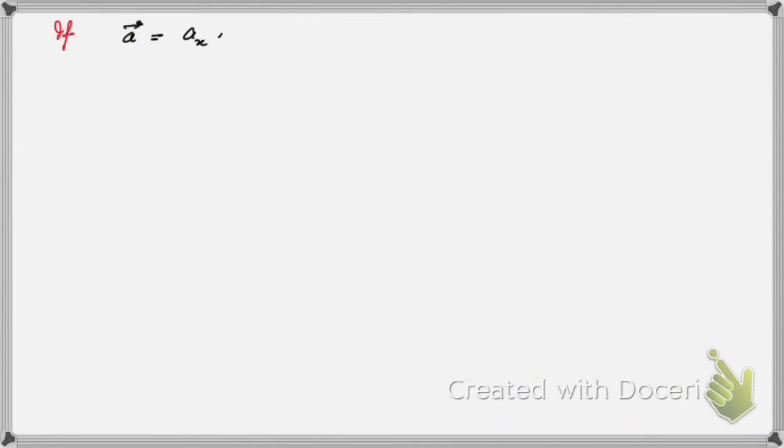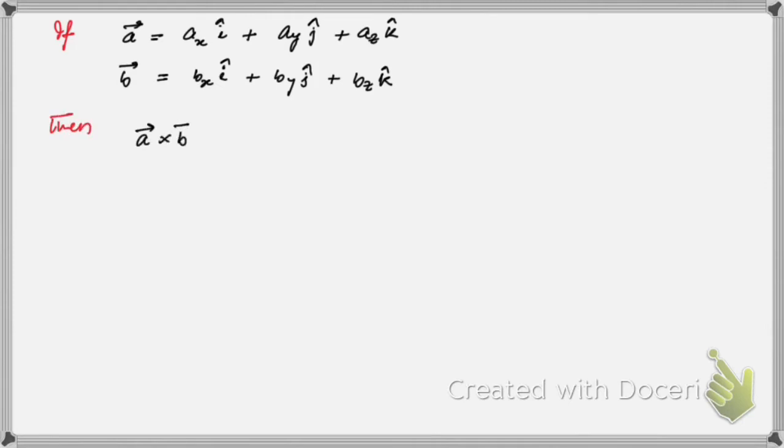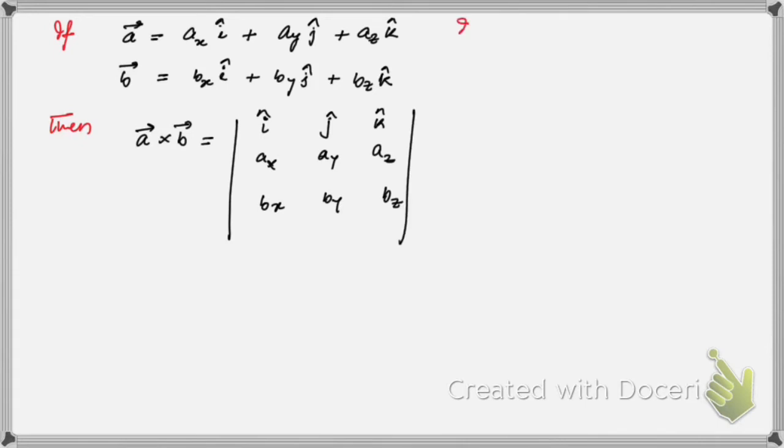So now if vector A is ax i cap, ay j cap, az k cap, and vector B is bx i cap, by j cap, bz k cap, we can find A cross B using determinants also, right? So I hope you know how to evaluate determinants. So let me show you here. So first,